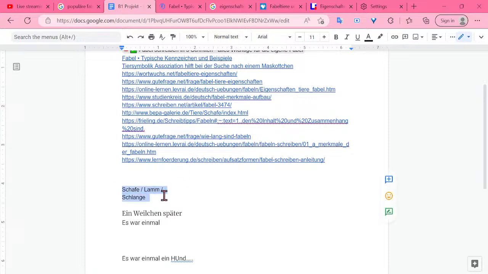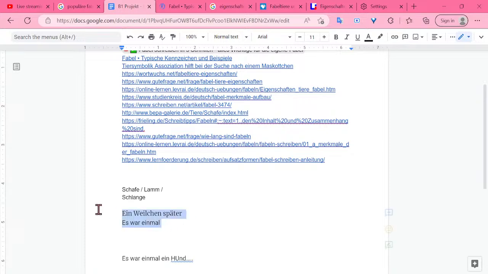So I have these two characters. I don't know if it's just going to be one snake, but maybe there can be two. My idea was something like this: maybe a snake recently attacked one of the sheep or one of the lambs. And of course, naturally, they're scared, but the other snake approaches. He's very smart. And that's kind of my idea. I'm just verbalizing it so I can put it down later.